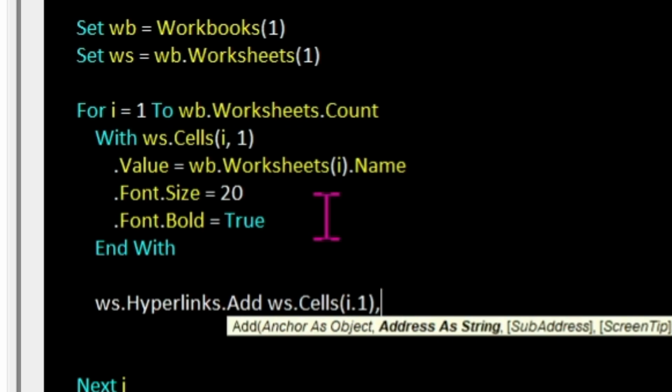Comma, now it's expecting an address. It doesn't say very clearly on the Office help, so that's why Google's your friend, but the address is for external locations. So we unfortunately have to do address equals and just give it 2 double quotes. We're not going anywhere external. Now, subaddress is what we're looking for, which is, for some reason, not highlighting. It's this one right here. So subaddress